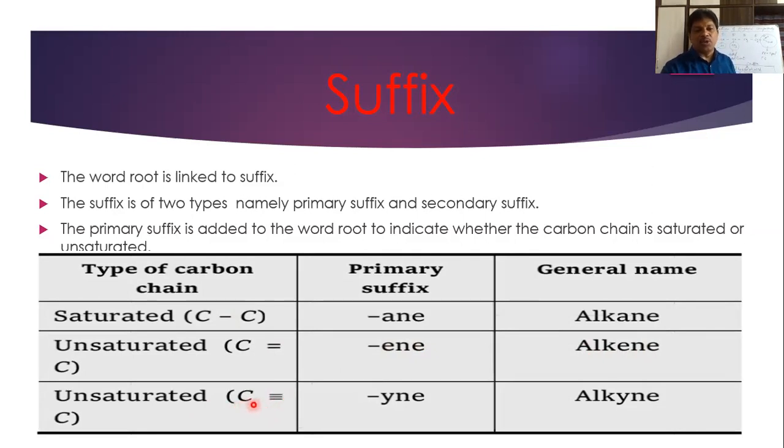So in the unsaturated compounds with C triple bond C, there will be minimum two pi bonds, but in double bond, one pi bond will be there, and in single bond only sigma bonds will be there. So what we have to understand, if at least one pi bond is there in the organic compound given, that will act as what? Unsaturated organic compound. If all single bonds are there, it is saturated organic compound. For saturated organic compounds, what will be primary suffix name? ane.